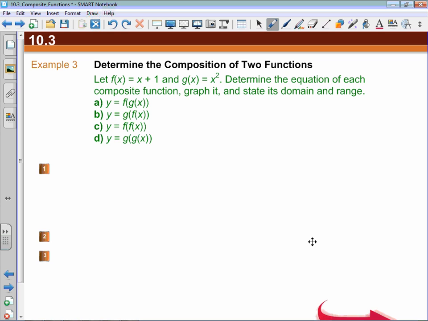F of x would be all real numbers. I said I wasn't worried about it, and now I'm going to talk about them. So the domain for f of x is all real numbers, and the range for f of x is all real numbers as well. For a, because we are doing f of g of